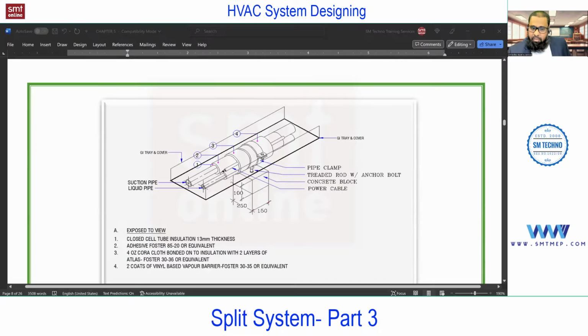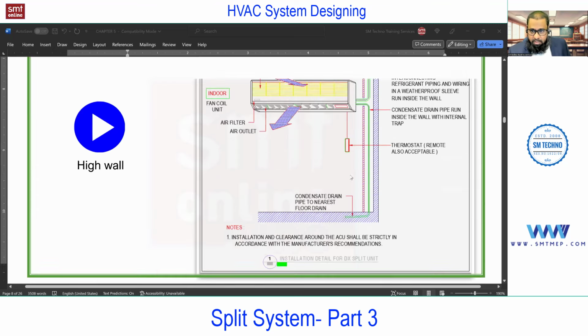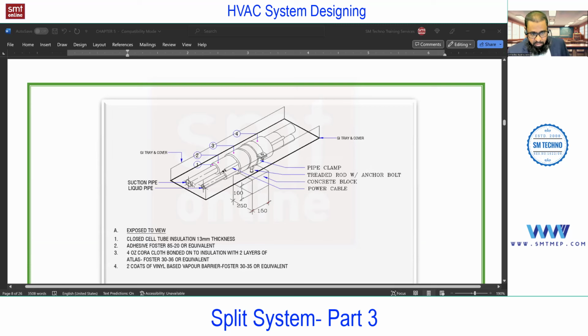Next, this is a detailed drawing for the pipe. You see, this pipe is connected from indoor to outdoor. Here is a section. The biggest is the suction line, the smaller is the liquid line, and both are insulated separately. You see, separate insulation for this pipe, separate for this pipe, and on that you may find